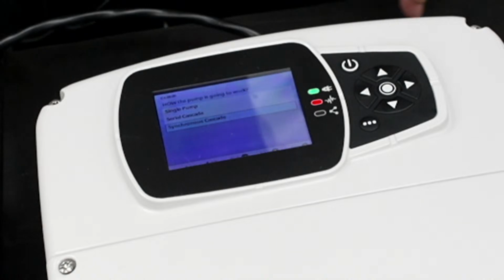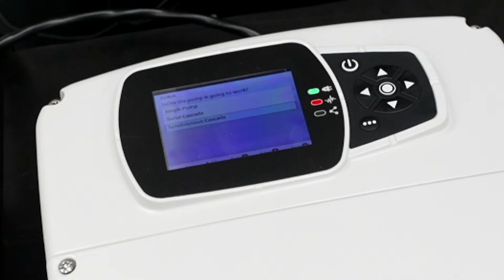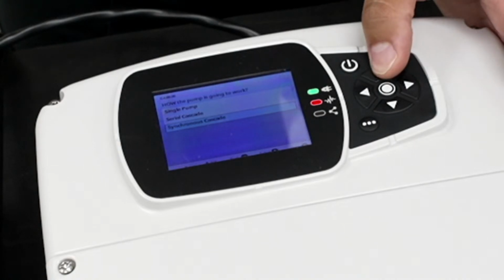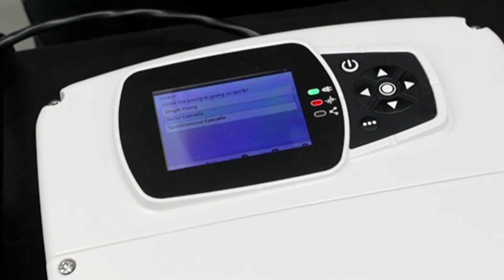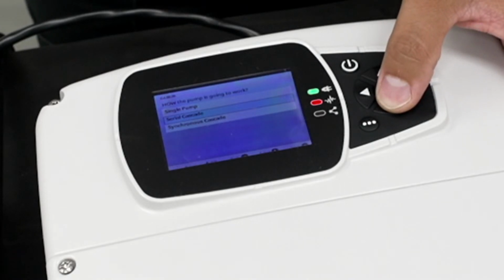So whether there's 1, 2, 3 pumps on, they are all going to fluctuate at multi-speed, slow down or speed up at the same exact speed to meet demand. Some perks there, serial cascade. With that last pump slowing down or speeding up, what that's going to do for you is a little bit more accurate set point control. It's not going to overshoot or undershoot it while it's trying to speed up, slow down. It's going to be a little bit more accurate, but use more power as you got multiple pumps running at